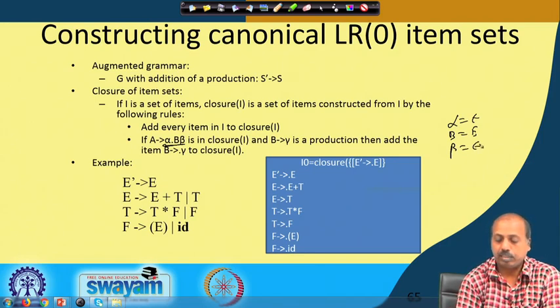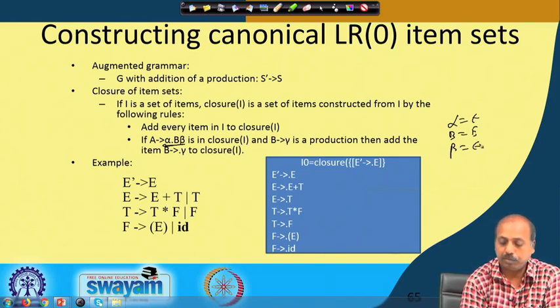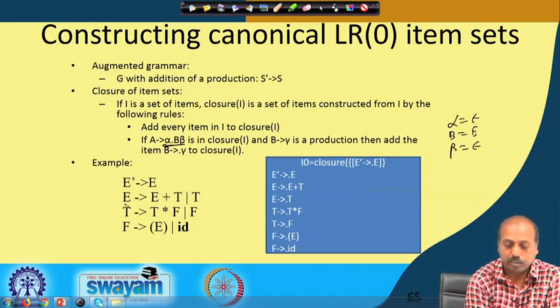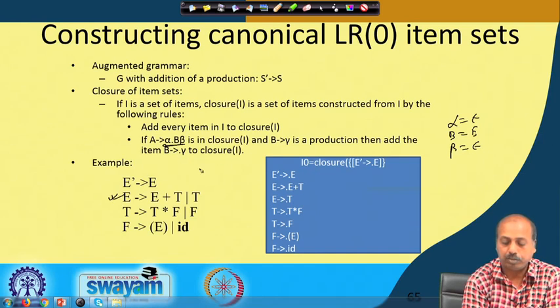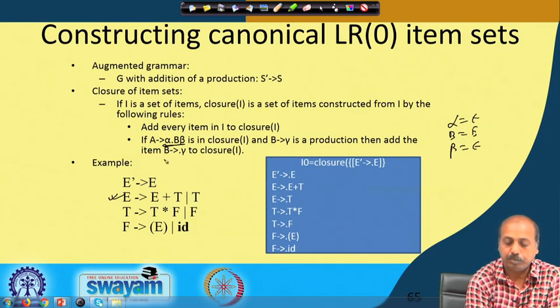Now B producing gamma, so this rule survives: E producing E plus T. Then B producing dot gamma should be added to closure of I, so E producing dot E plus T is added. Then E producing T also survives as B producing gamma, so E producing dot T is also added.